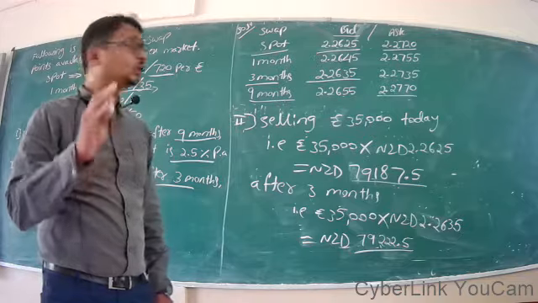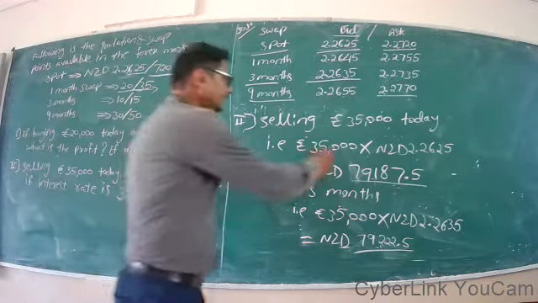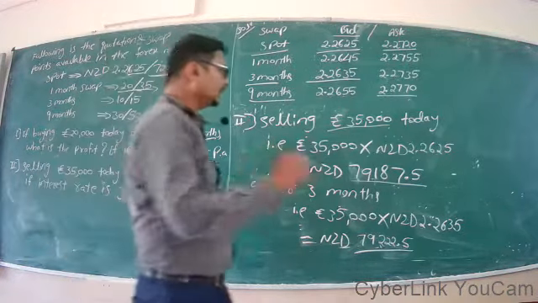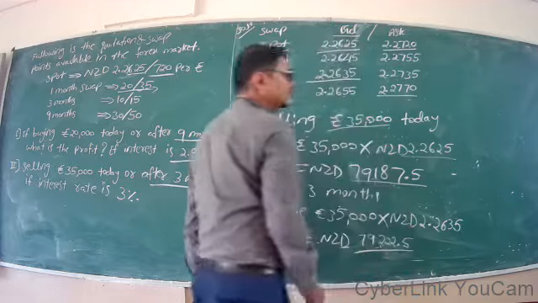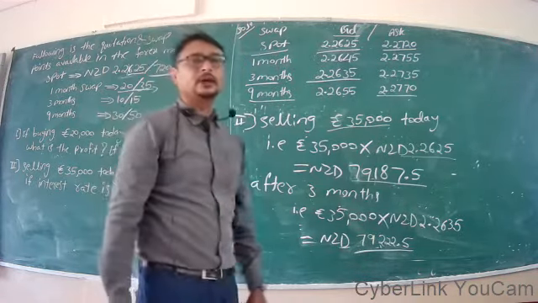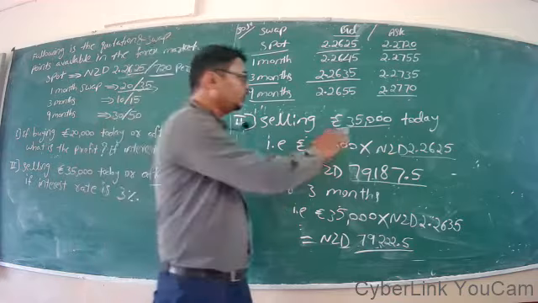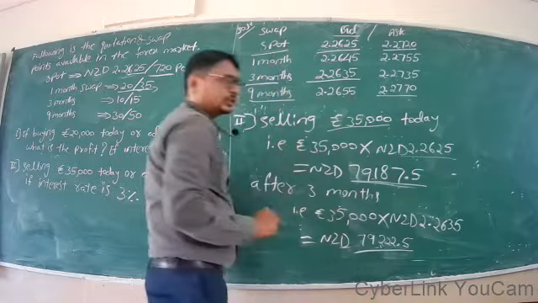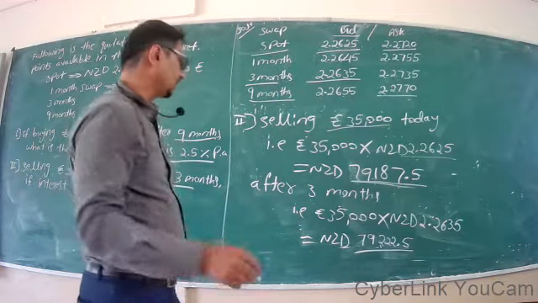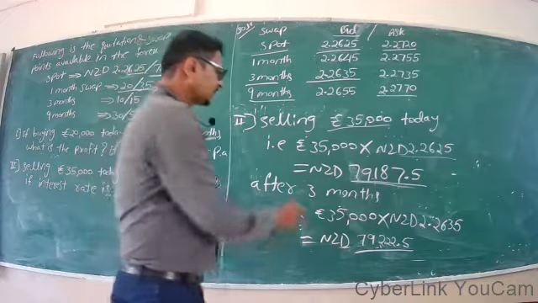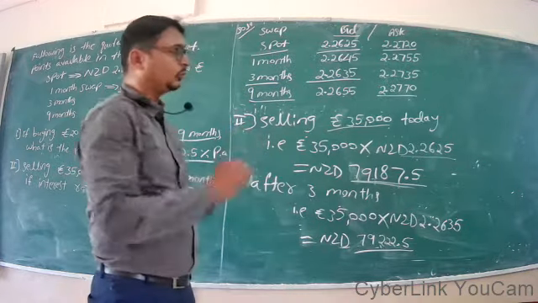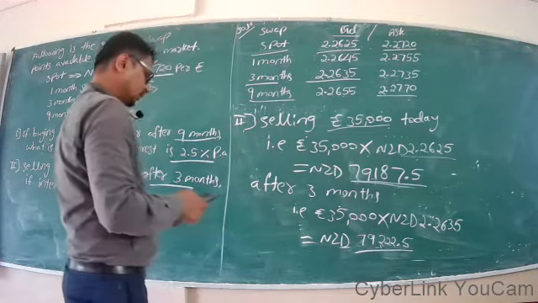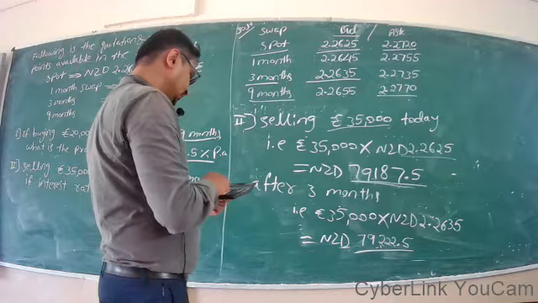Since you are the seller, you look for a higher price, right? So you are selling 35,000 euros. If you are selling it today, you will get today's bid price, that is 2.2625. The market will buy each euro at the rate of 2.2625. That comes to 79,187.5 New Zealand dollars at the spot rate. If you are selling it after 3 months, that is 35,000 euros at the rate of 2.2635 per euro, you will get 79,222.5. So the ultimate gain if you are selling after 3 months is